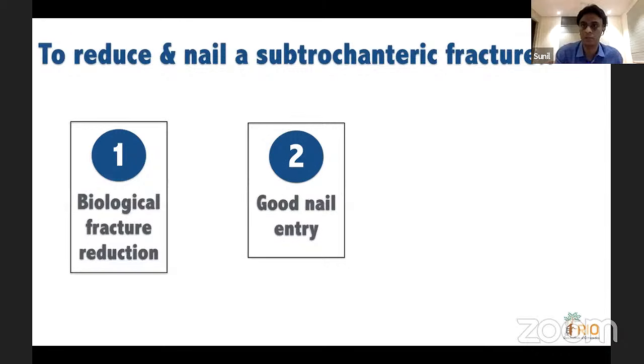Second, you need to have a good nail entry. To have a good nail entry, you need to have a good fracture reduction. Often, the appropriate nail entry for a subtroch fracture would be slightly more medial to the tip of the trochanter. It's somewhere around 3 to 5 millimeters medial to the tip of the trochanter, and that is where you need